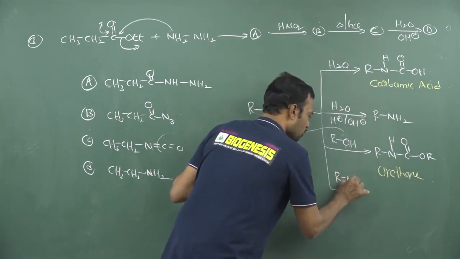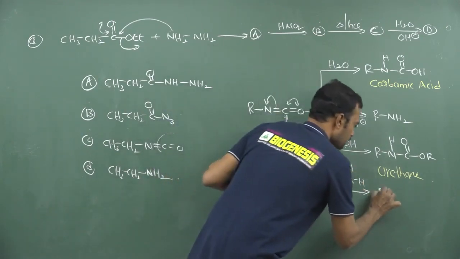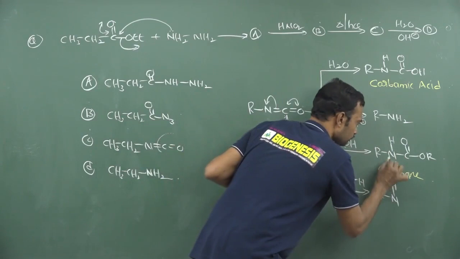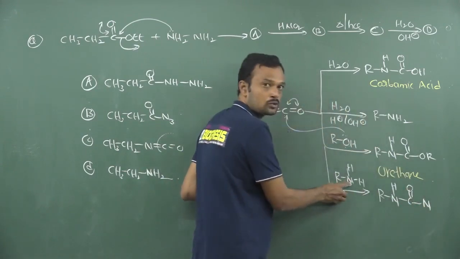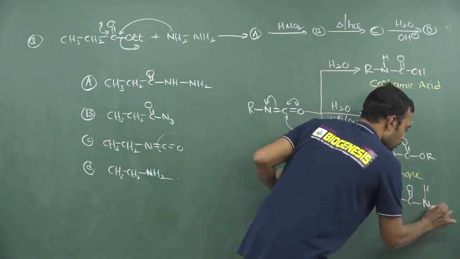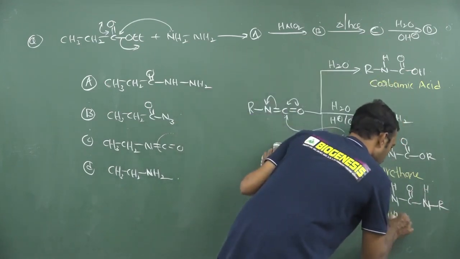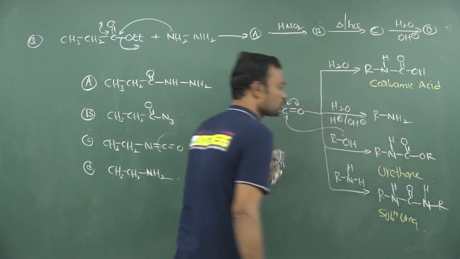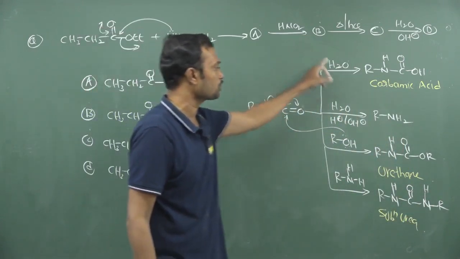Now I would like to participate a primary amine on this carbon. Now what happens? This nitrogen carries hydrogen. Now this is C double bond O, and see this nitrogen, 2 hydrogens are present, remove 1 hydrogen and you write down this molecule like this. So this is called substituted urea. These are the products which you can expect after Curtius rearrangement by using these particular solvents.